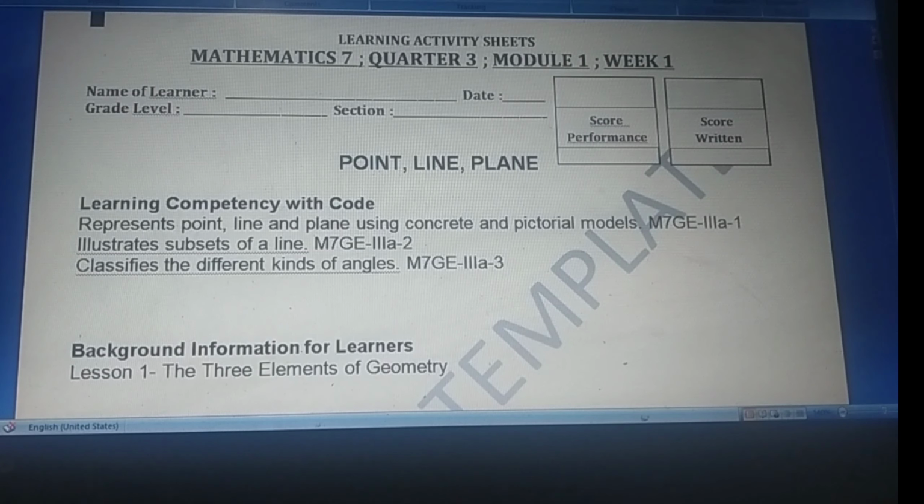This is Teacher Darji and I would like to share with you the learning activity sheet in Mathematics 7, Quarter 3, Module 1, Week 1. For this week, it is entitled Point, Line, and Plane. At the end of the week, after performing all the learning tasks, you are expected to learn these 3 learning